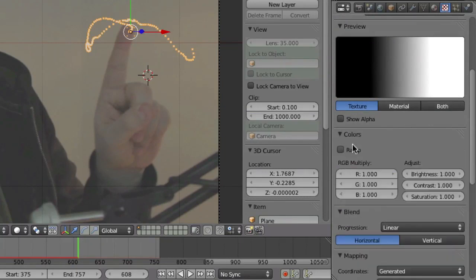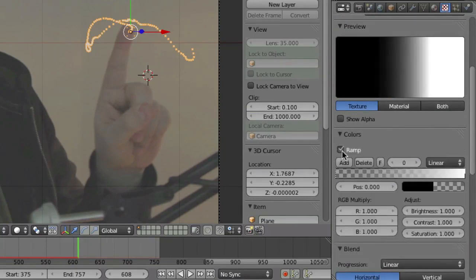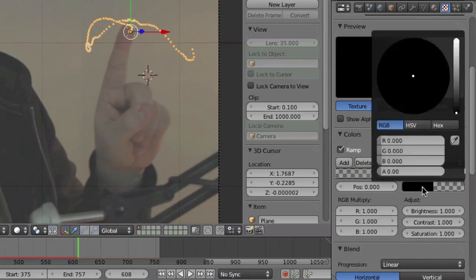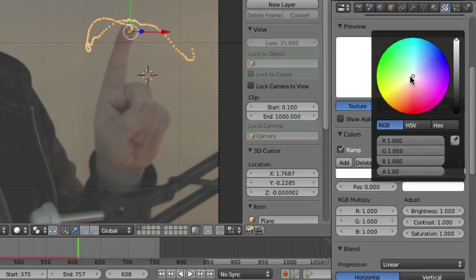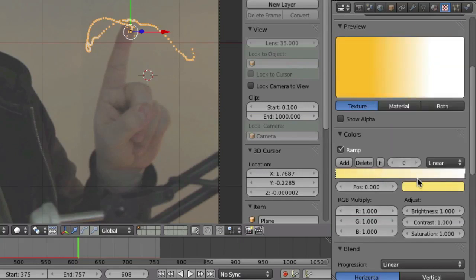So here in the colors panel, I enable color ramp to get this nice gradient. And then here I want to change that from black and transparent to maybe yellow and alpha value of 1. So just increase the brightness to white, and then we can choose a nice yellow color here, maybe that one.